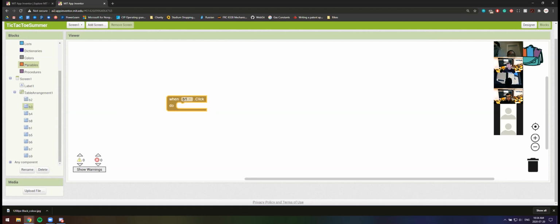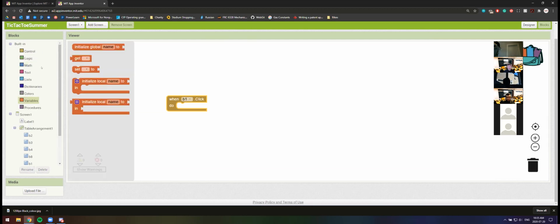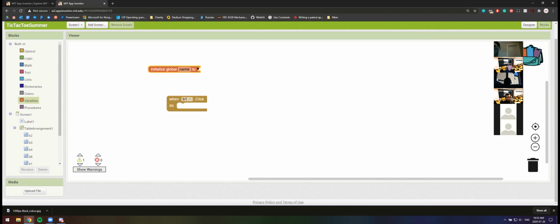If you guys remember from last class, or from last week, how variables work, they basically allow you to store a value, change that value constantly, and read that value and use it in multiple different places at the same time. It allows you to replace values with a varying placeholder. All right, so we're going to click variable. And to create a variable, we're going to click initialize global name to. The name of this is going to be turn, and we're going to set it to